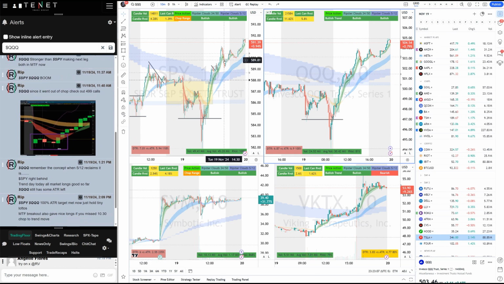I even said that even when we were here, I did tell everyone that we still have some more room on QQQ. Look here, QQQ still some ATR left. Doesn't mean it's too high. It can still go because there's still ATR left. It hasn't even done its ATR. QQQ exactly did its 100% ATR. SPY crossed its 100% ATR before it pulled back. So ATR is great to use. How to use ATR on your SPY QQQ longs.